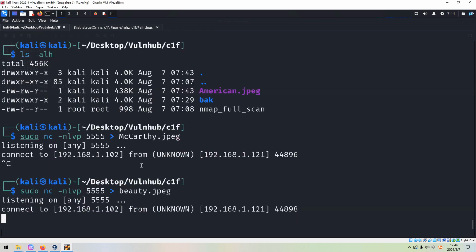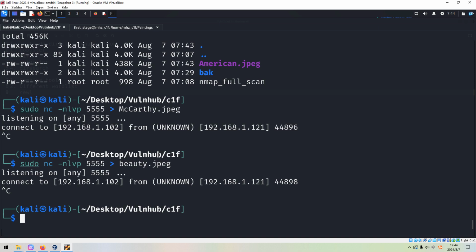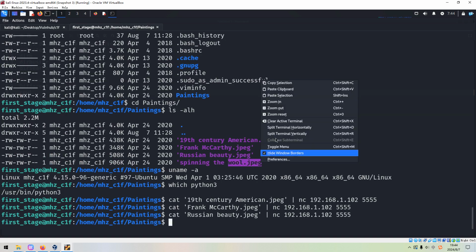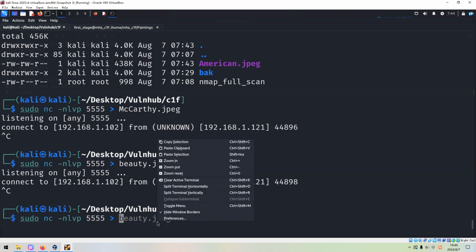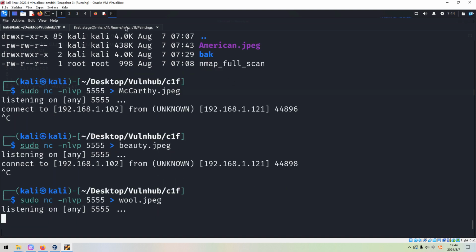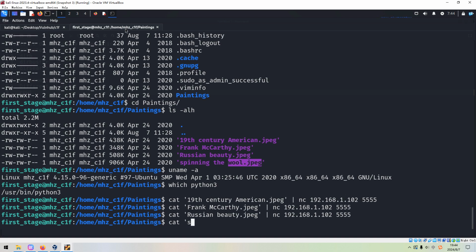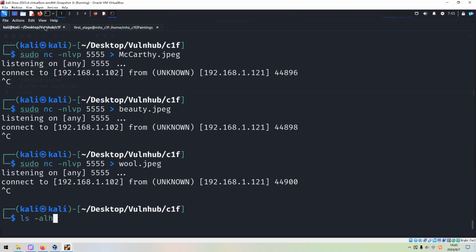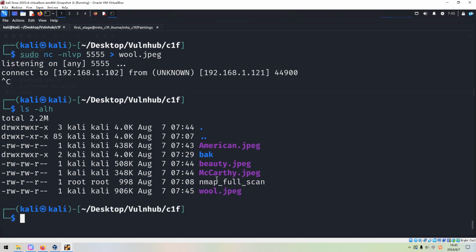So the beauty image has been downloaded. So next, the last one should be this one. And paste in here. And we can cat to Netcat. Okay. So we have already downloaded these 4 images from the target.